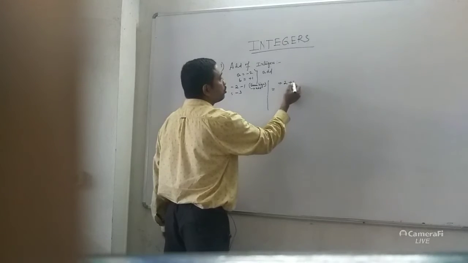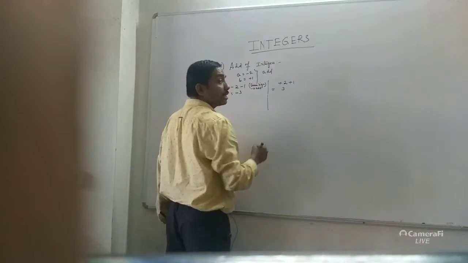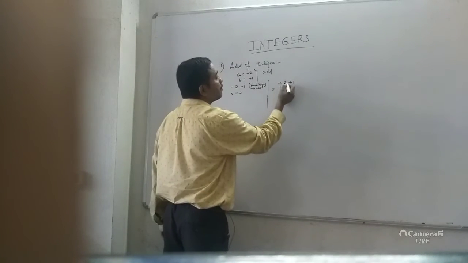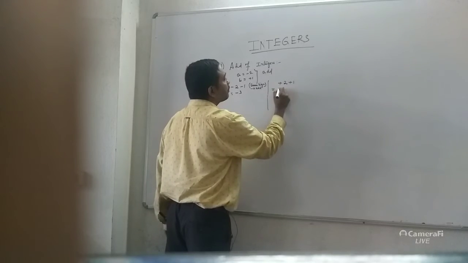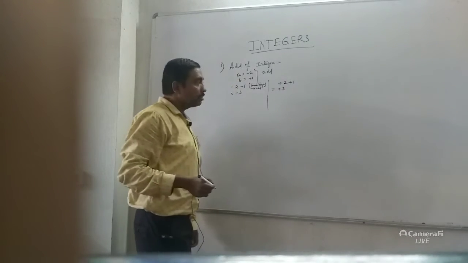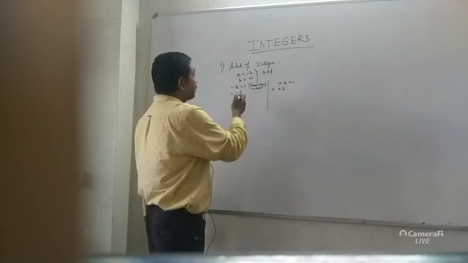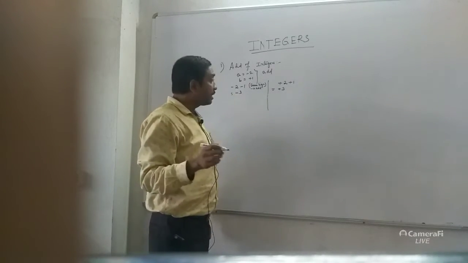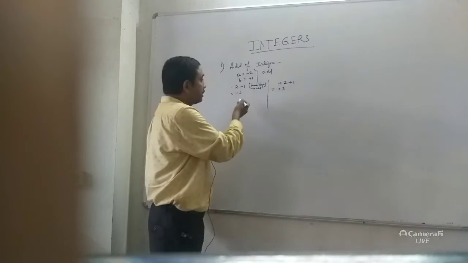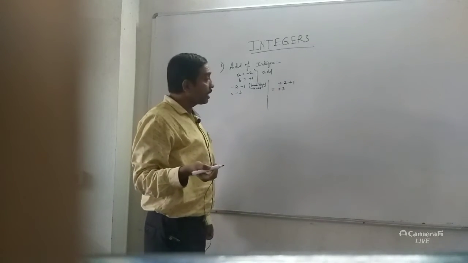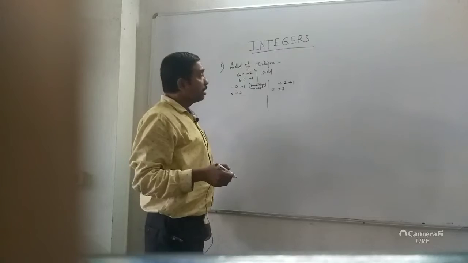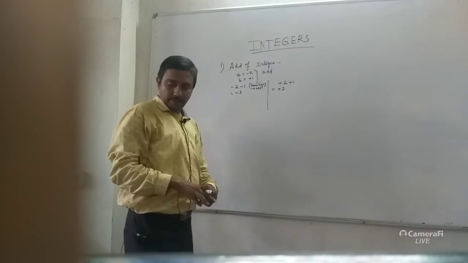So what should you do? 2 plus 1, 3 comes. What sign comes? Plus, so write plus. Both digits have the plus sign, so write the plus sign. So what do you know about it? Whenever two integers have the same sign, you add, and the sign of both digits comes in the answer. Both digits have the same sign, so write the same sign. In this way you can do the addition.